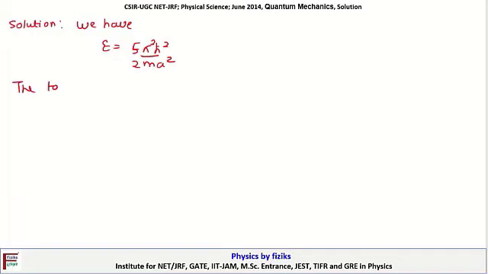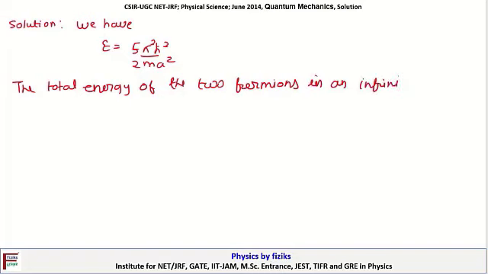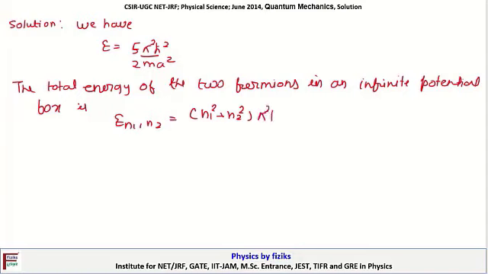The total energy of the two fermions in an infinite potential box is E n1 n2 equals n1 square plus n2 square, times pi square h square by 2 m a square, equating this value to the given energy, that is 5 pi square